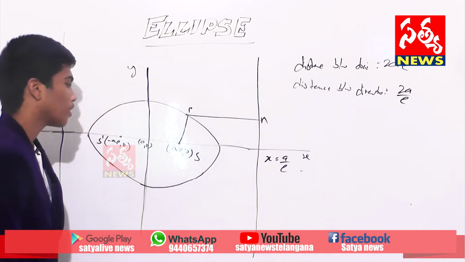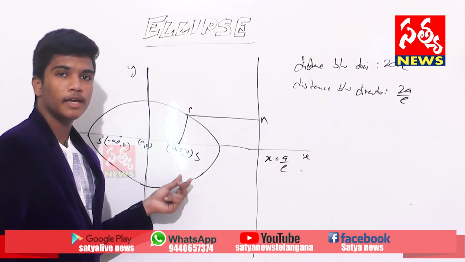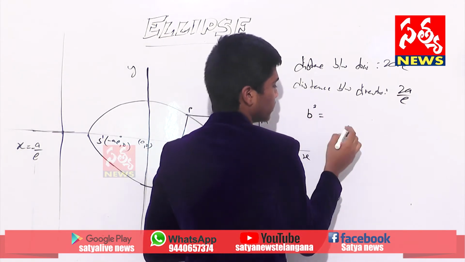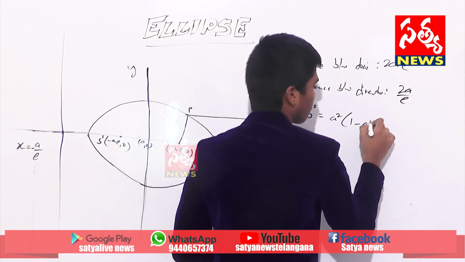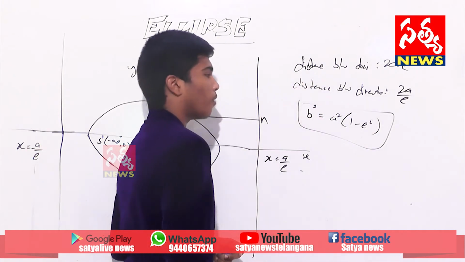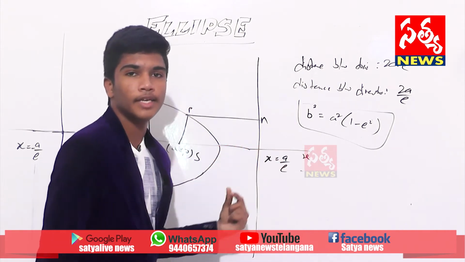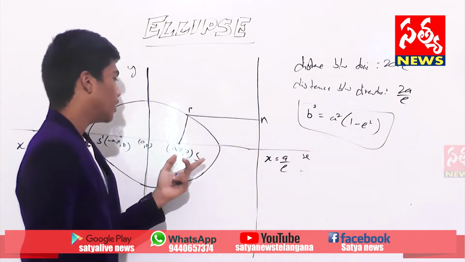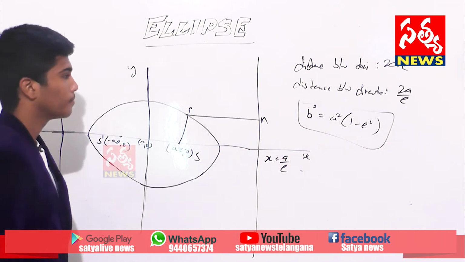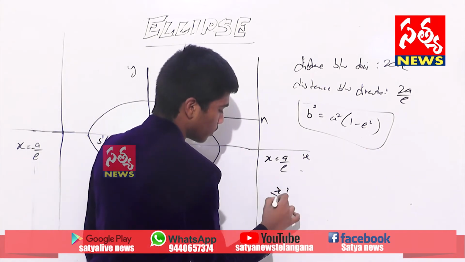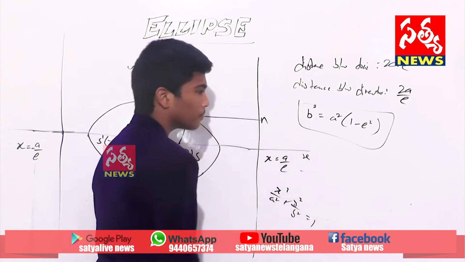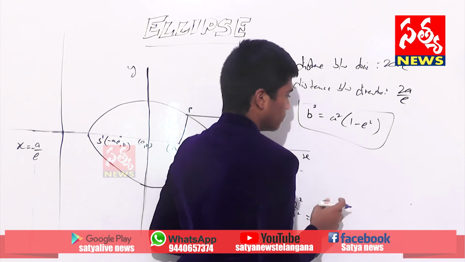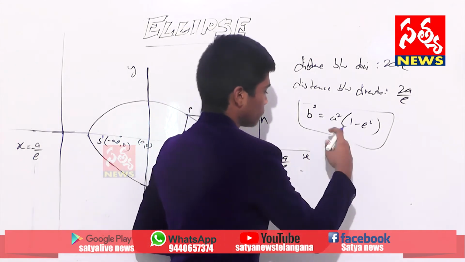And now, here we will discuss how to calculate eccentricity of an ellipse. This is the formula for this. b square equals a square into 1 minus e square. This is the general formula for calculating eccentricity of an ellipse, where a and b are major axis and minor axis respectively. The equation is x square by a square plus y square by b square equals 1, right? And this is the way in which we can find the eccentricity of the ellipse.